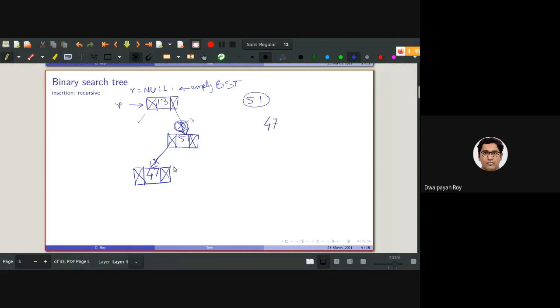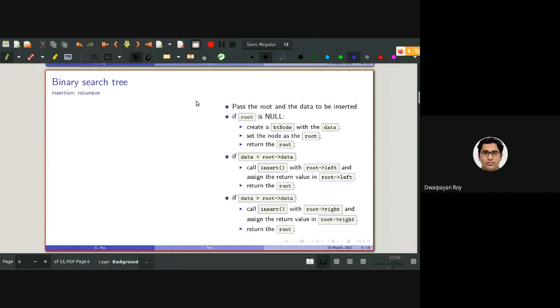Now if we look at the corresponding algorithm to do that, it will look something like this. This is a recursive function, a recursive definition. So we pass the root and the data to be inserted. There are two things that I want to pass as parameters. If root is null, create a BT node type node with the data that we want to insert, set this node as the root, and return the root.